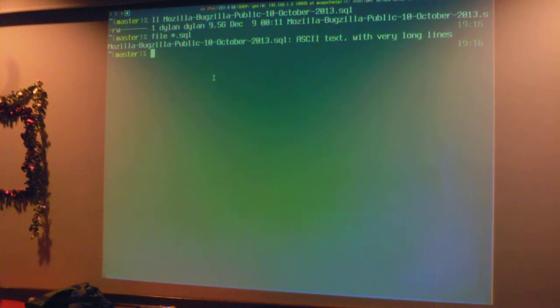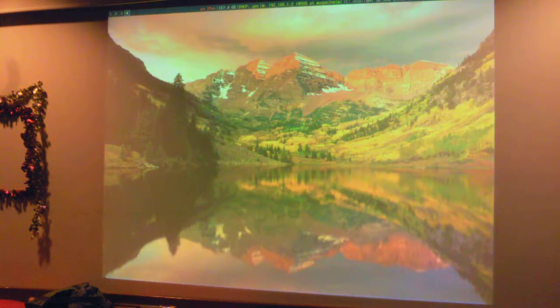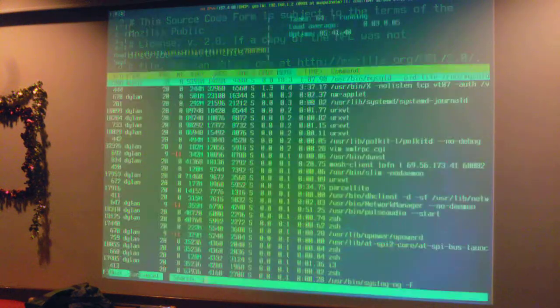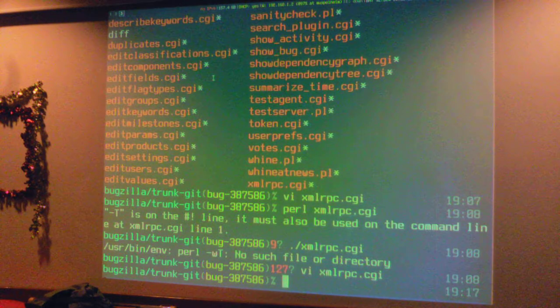Sanitized meaning private stuff's not in there. How many lines? This is a meaningless measurement. How many lines is that? Yeah, that's going to take a while. 5 days. All right. Am I in there? That was the CGI script.